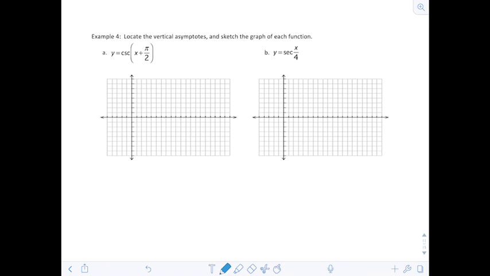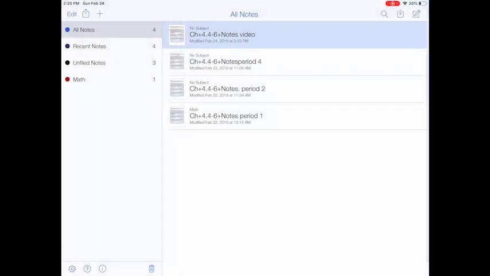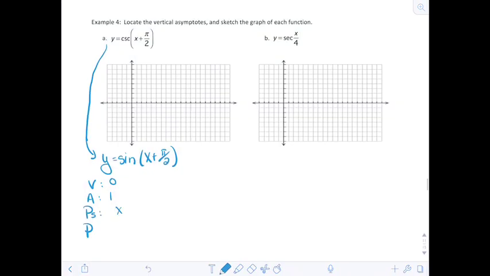graphs. So if I'm looking at y equals the cosecant of x plus pi over 2, I'm actually going to graph y equals the sine of x plus pi over 2, very lightly. Okay, so let's do VAP. Vertical translation, amplitude, phase shift, and period. Vertical translation, there is none. Amplitude is 1. Phase shift, so I'm going to set x plus pi over 2